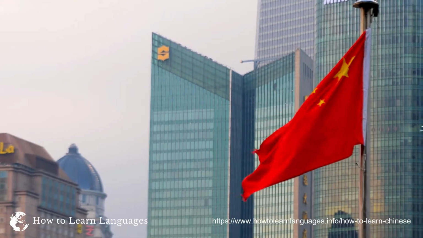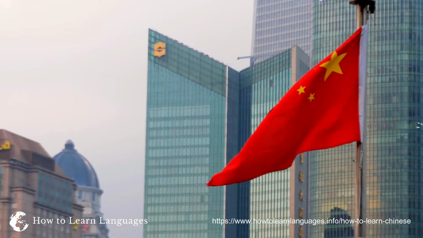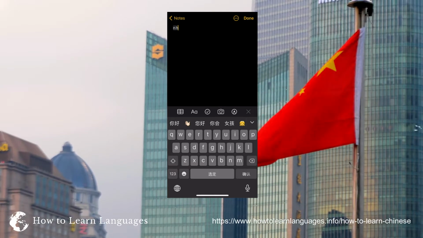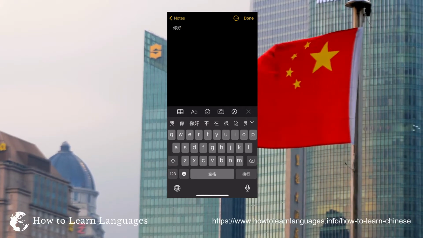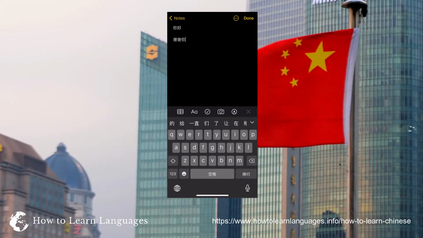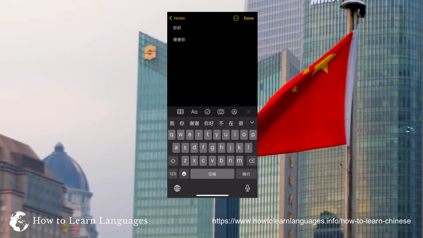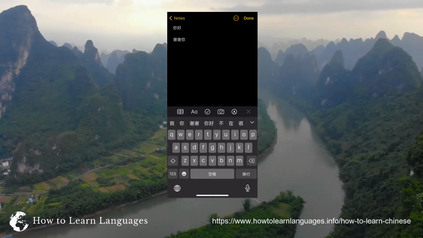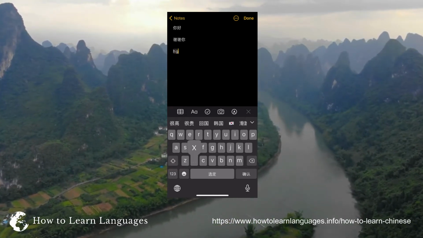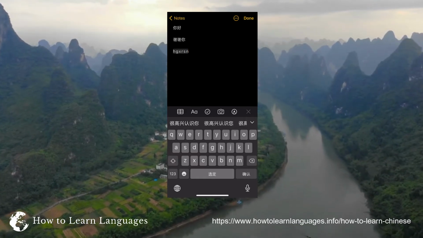If you'd like to speed up the process, you can just type the initial sounds of the most common words and phrases. For example, if you typed "nh", then "ni hao" would automatically appear in the character bar. If you typed "xxn", then "xie xie ni", "thank you", would appear in the character bar. It even works for longer common phrases. If you wanted to say "nice to meet you", you could type the pinyin initials HGXRSN and then select 很高兴认识你.